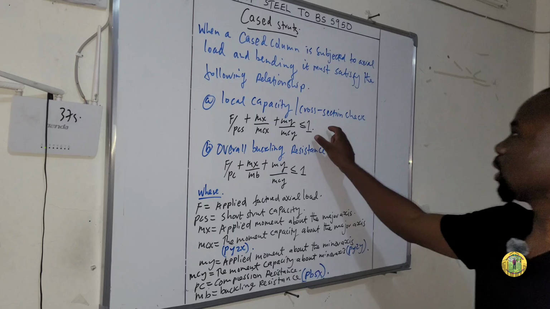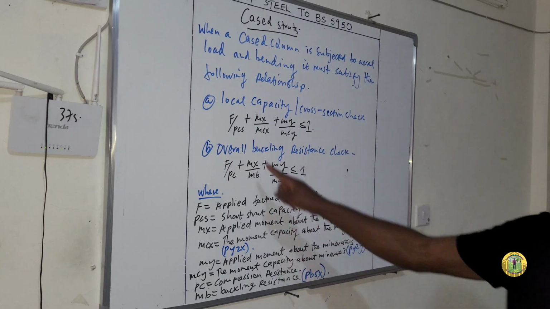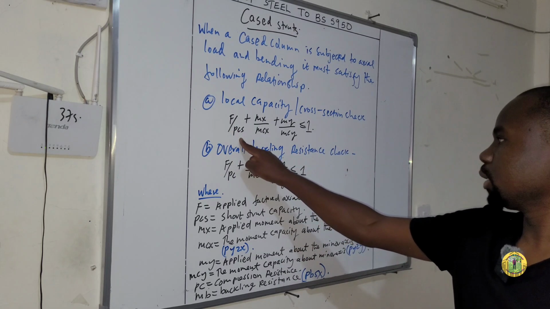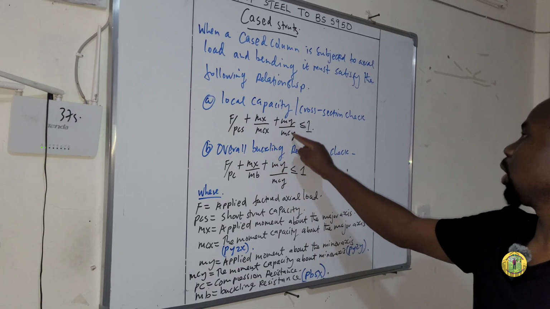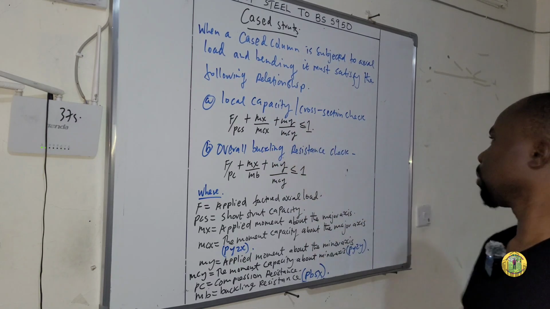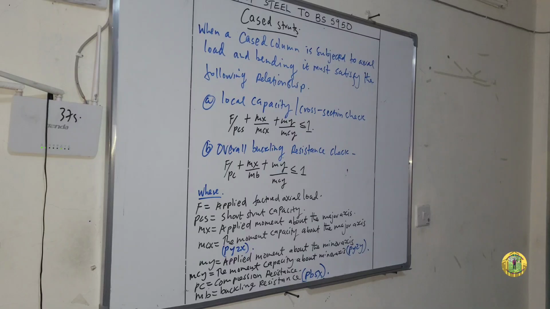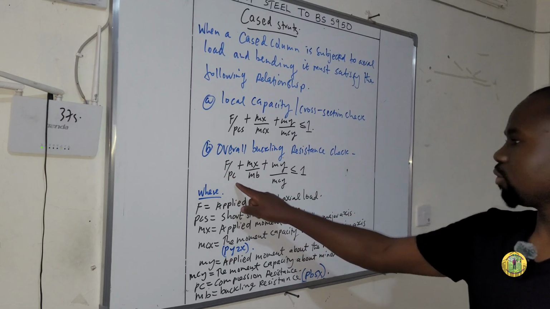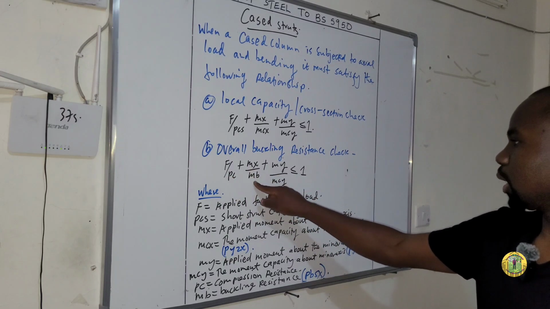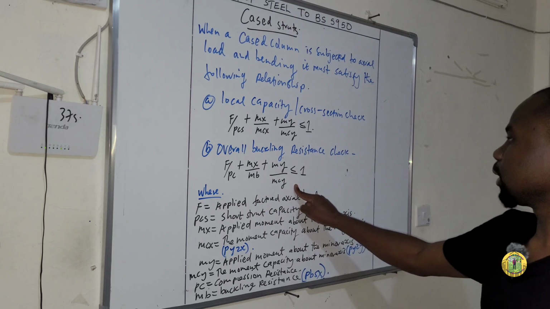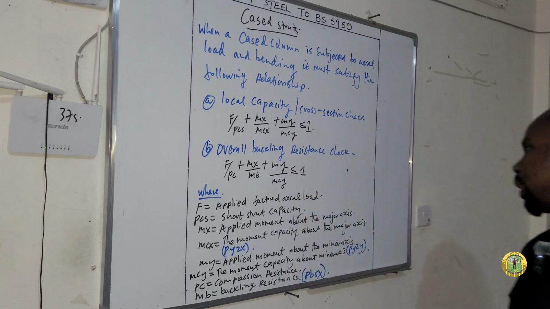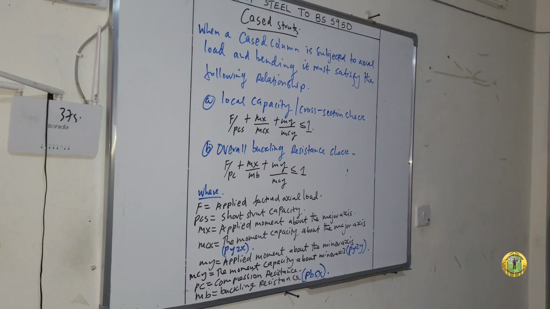So this is the formula for local capacity: F over PCS plus MX over MCX plus MY over MCY must be less than or equal to 1. And then B, overall buckling resistance check. So F over PC plus MX over MB plus MY over MCY should be less than or equal to 1,